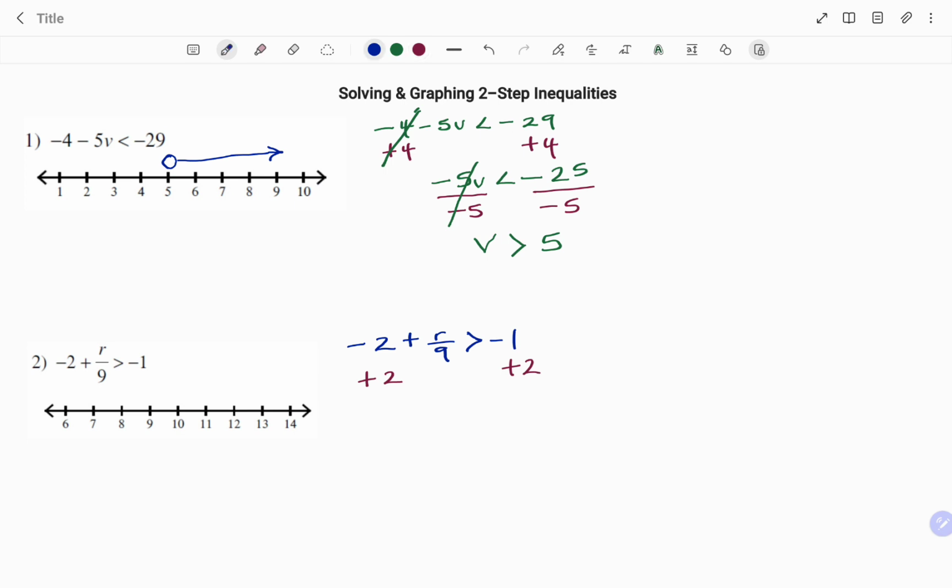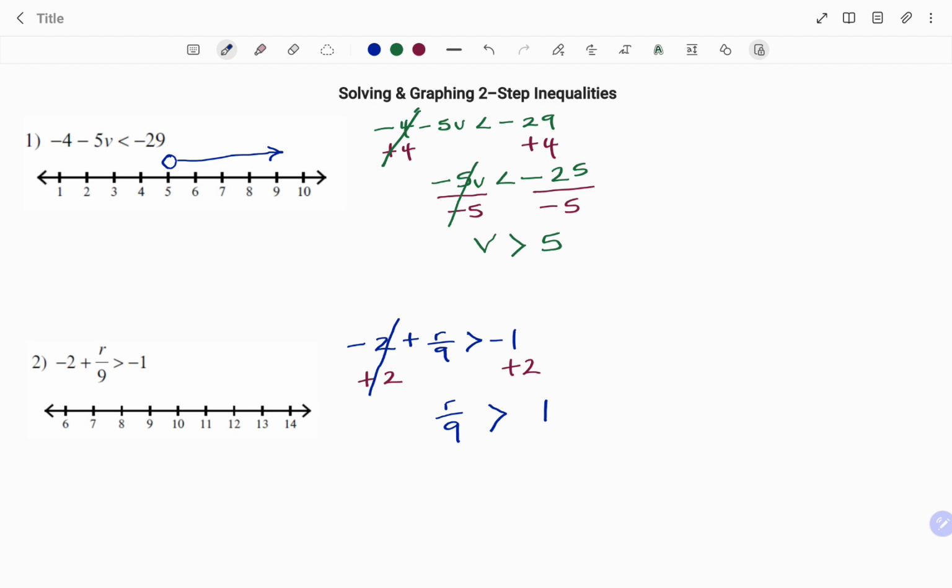-2 plus 2, that cancels out. I'm left with r/9 greater than. Then I have -1 plus 2. I'm left with +1. I can take out the plus sign. The next step